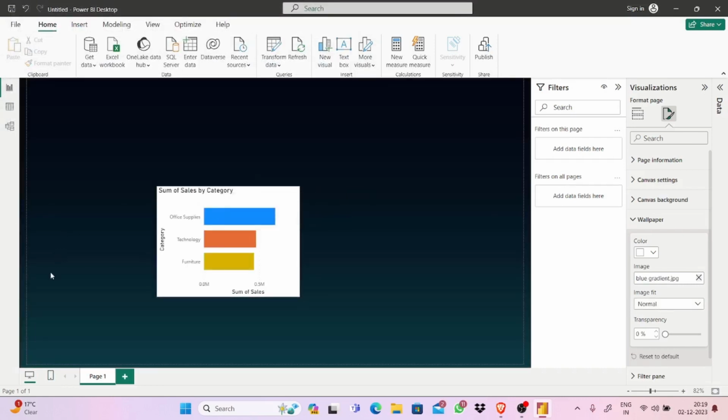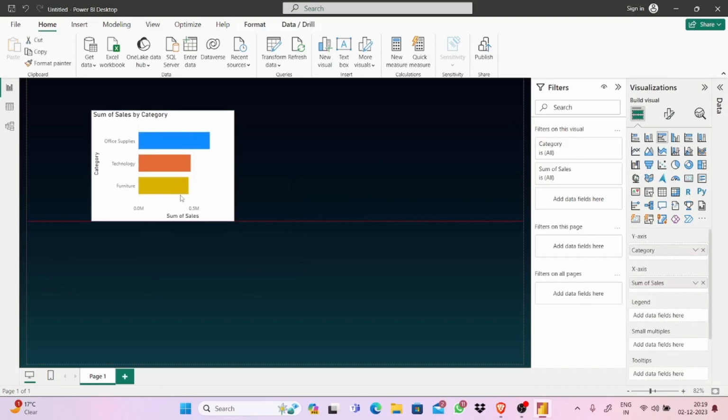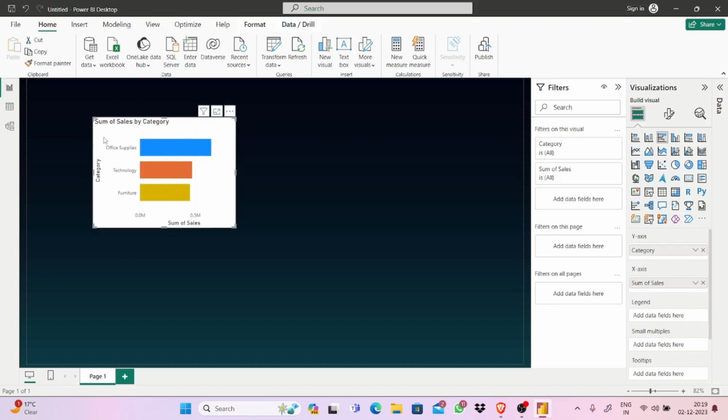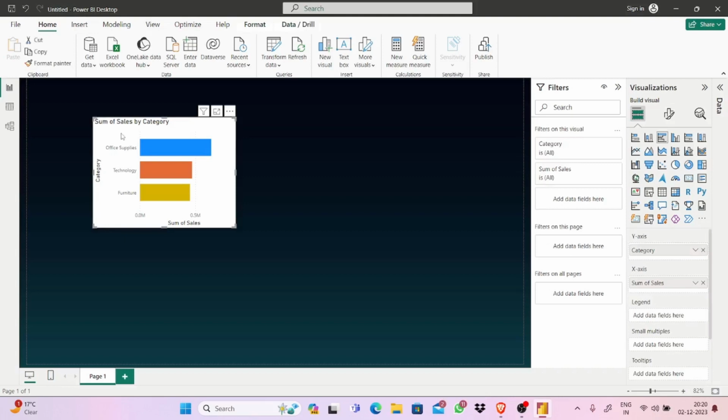So how is it looking? Nice, huh? The background is looking good. So what you can do is match the background with this chart also. You have to select the background like this, or you can just click on this. There's an option called Format Painter. You have to click and apply,